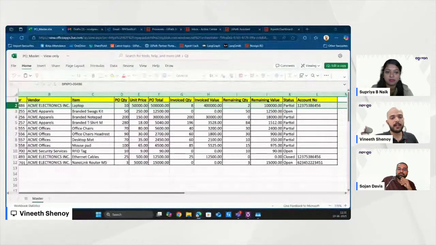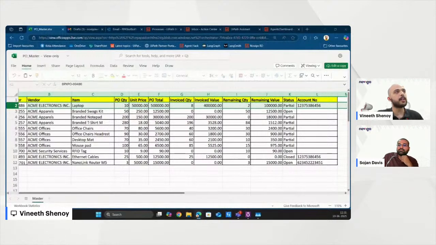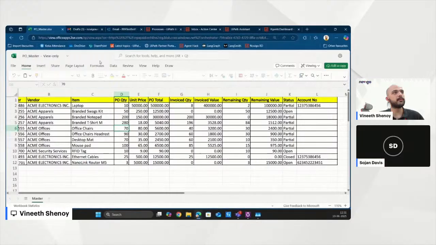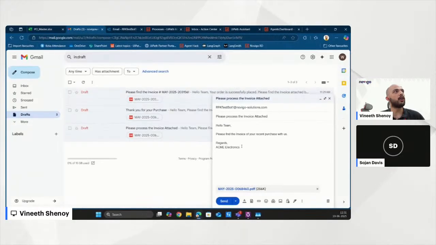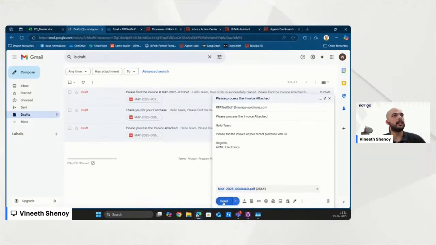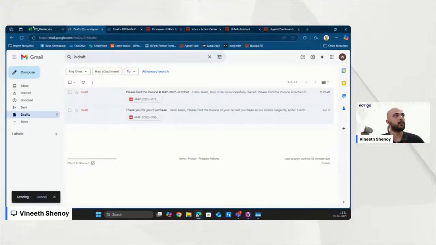Thank you. Hello, everyone. I'm Vineeth Shenoy, software engineer at Novigo Solutions. As you can see on the screen, this is an overview of what we will be going through in this use case demo.